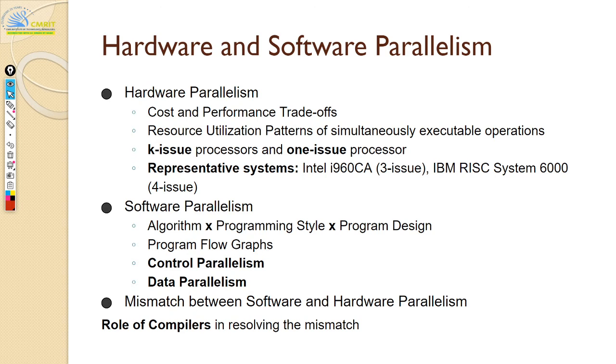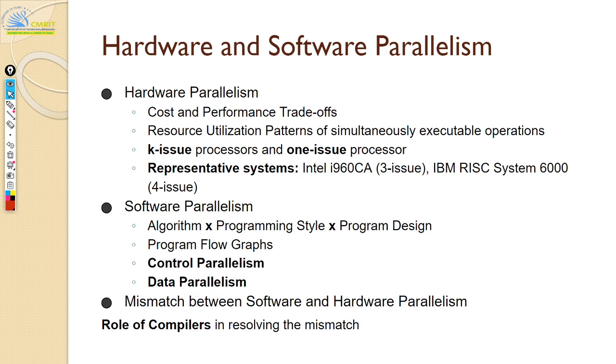So now we are going to explore more into this parallelism. The first thing is hardware parallelism, so your parallelism is dependent on the hardware resources. So mainly it's about how many resources you have. For example, if you have say a k issue processor, it means that you can issue k number of instructions in one cycle. Okay, so if you have four different instructions in your program, and you have a two issue processor, then you can take two instructions at one time.